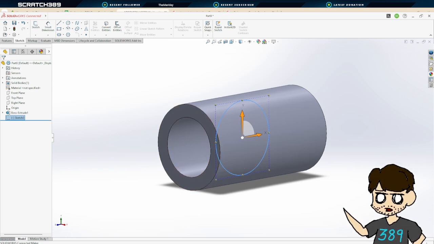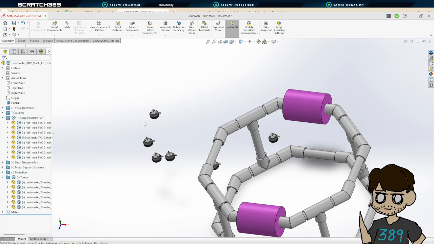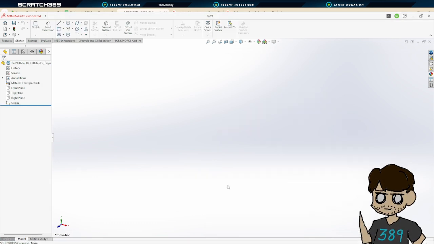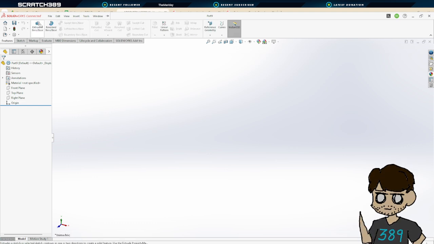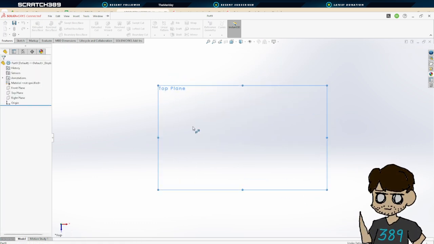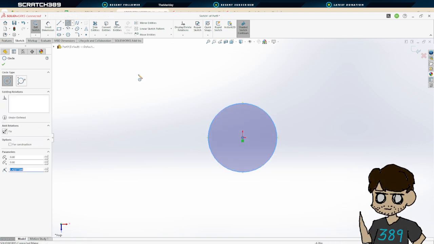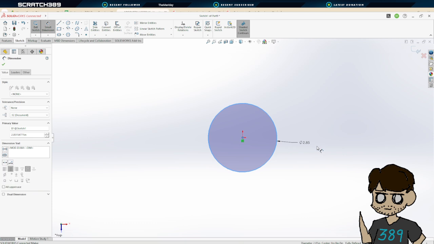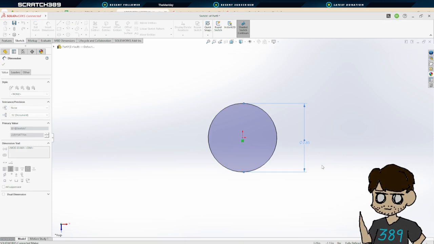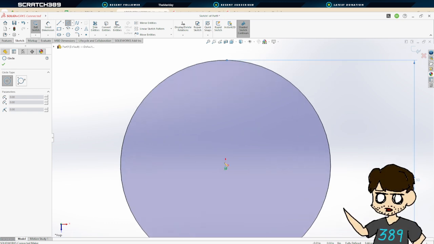So I'm just gonna delete this. New. There we go. First things first, we need the panel to mount the motor to, which I'm thinking will be a circle, maybe 1.5 inches, and then we have the motor screw holes